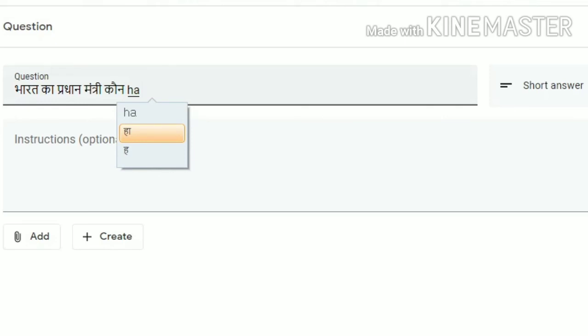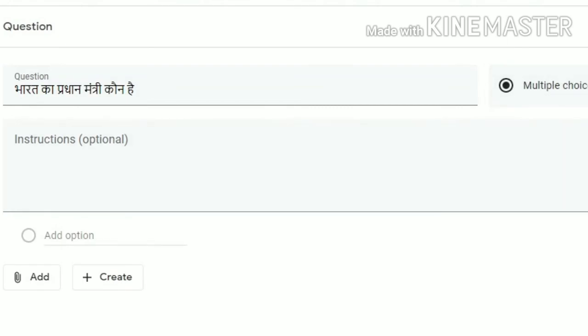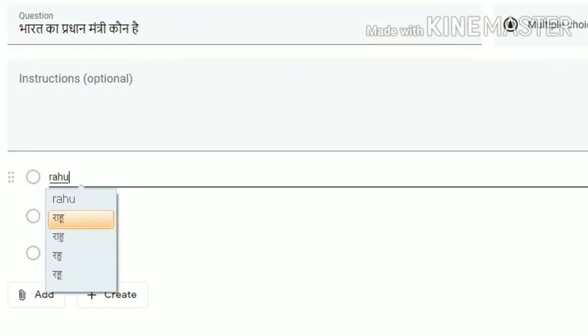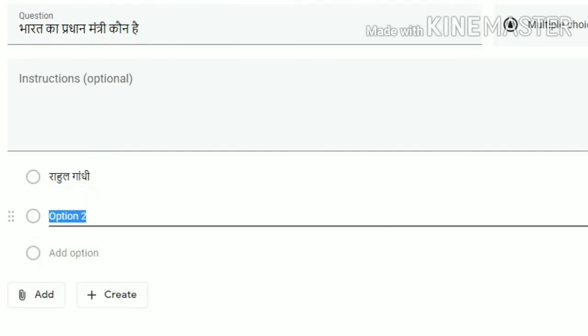Now below we can put a short answer also, so that the student can answer in a short way. But if you want to give multiple options, you can give multiple choice here. In the first option, I will give the answer, for example Rahul Gandhi. The second option I am giving is Sonia Gandhi.